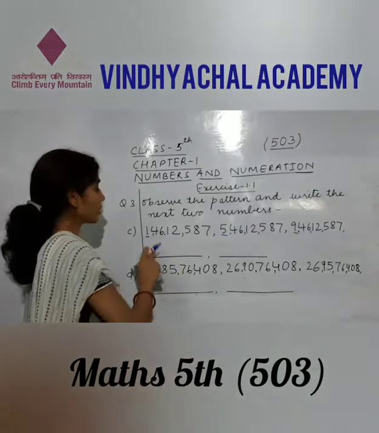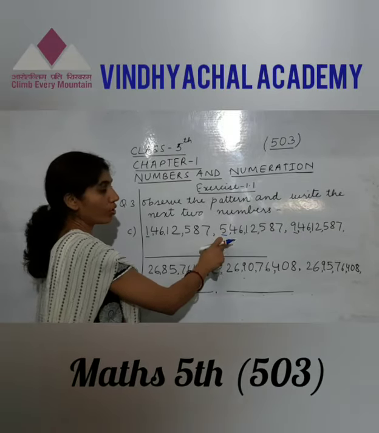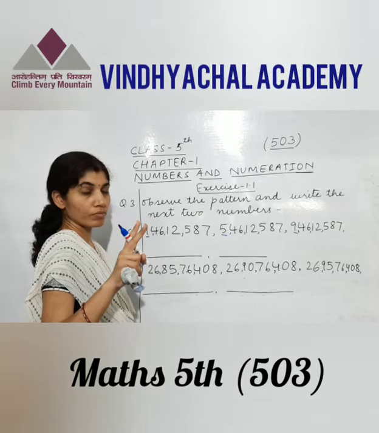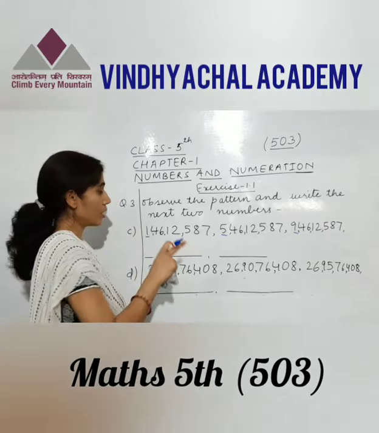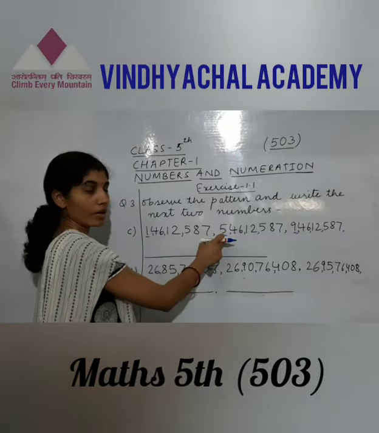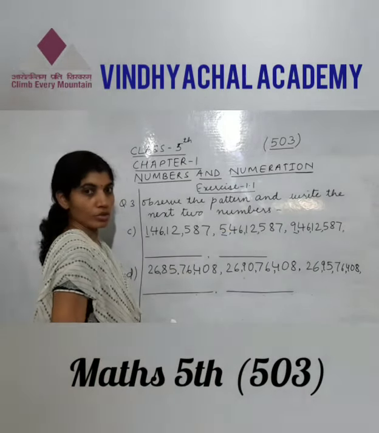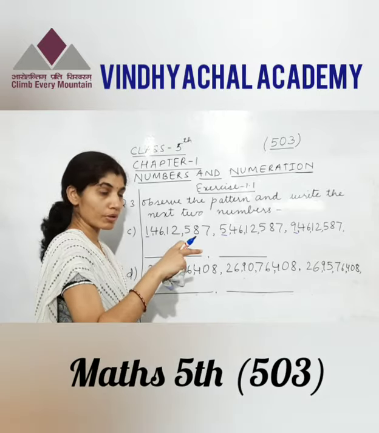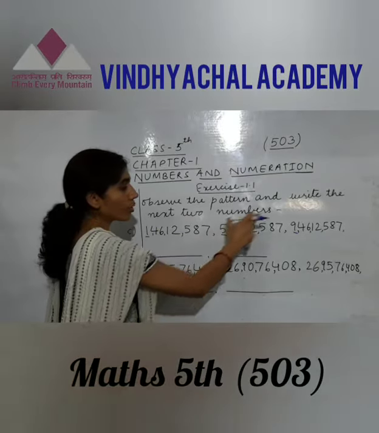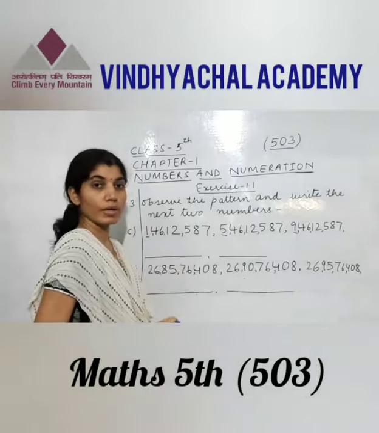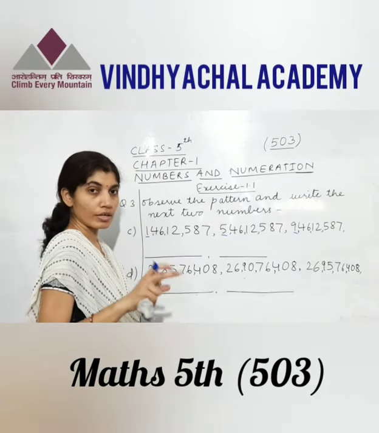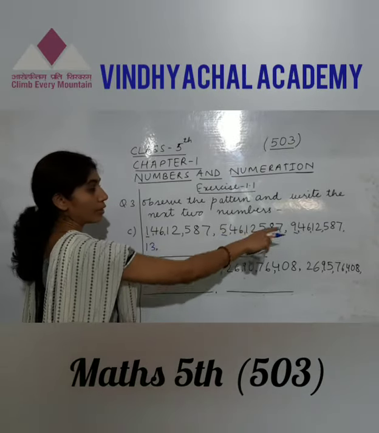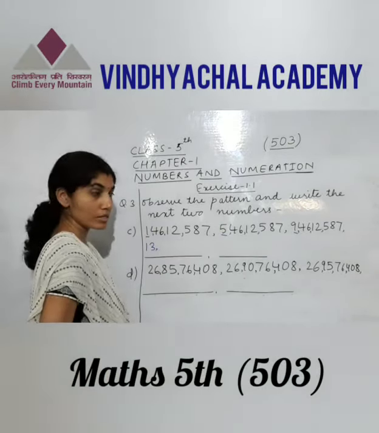Now see the difference. Here 1 crore, 5 crore, and then 9 crore. So how much is the difference here between two numbers? Difference is of 4 crore. 1 plus 4, 5, and 5 plus 4, 9. So to get the next number, again we should add 4 to the crores place. 1 crore, 5 crore, 9 crore. So next should be 13 crore. Okay, 9 plus 4 is 13. So next should be 13 crore, and remaining digits will be same.